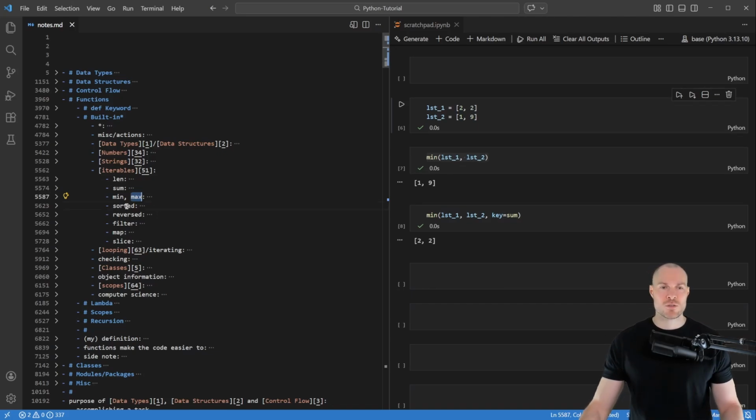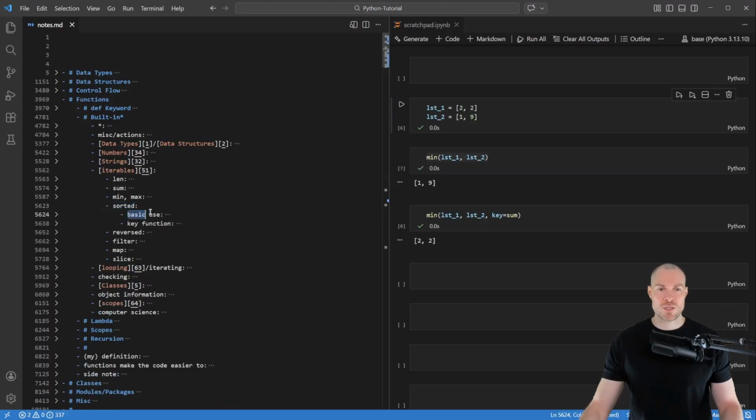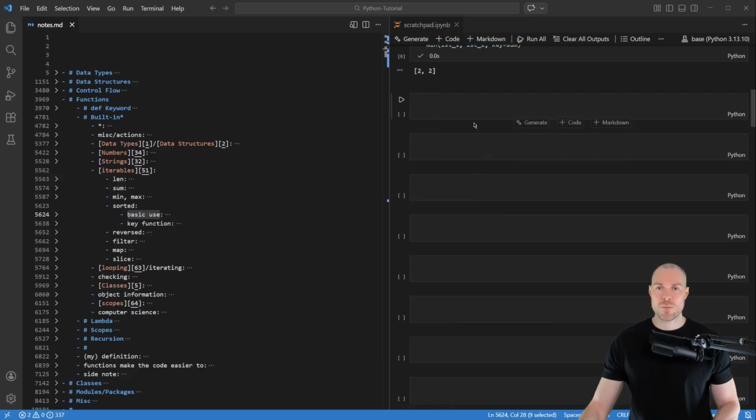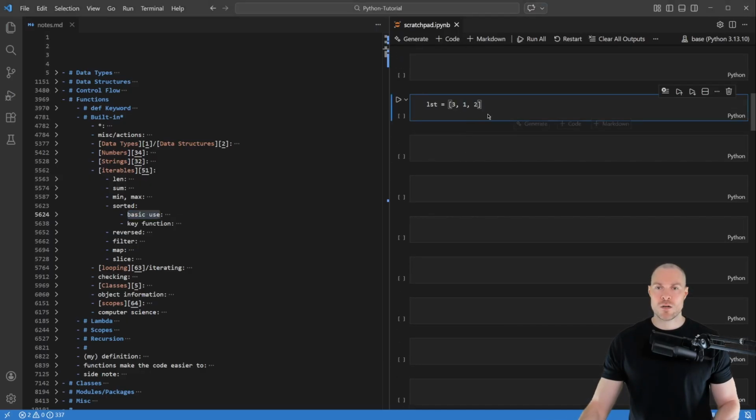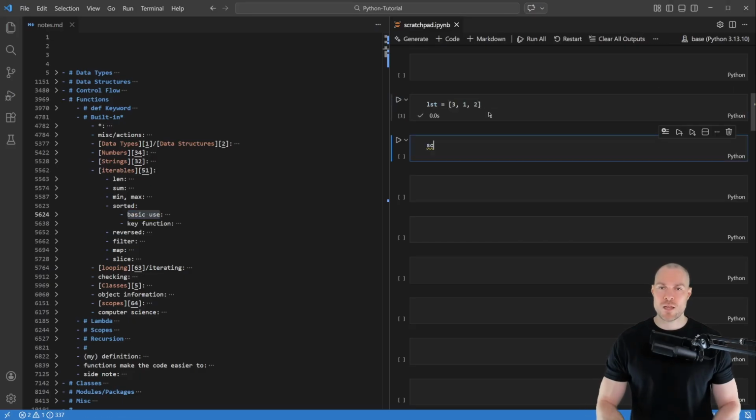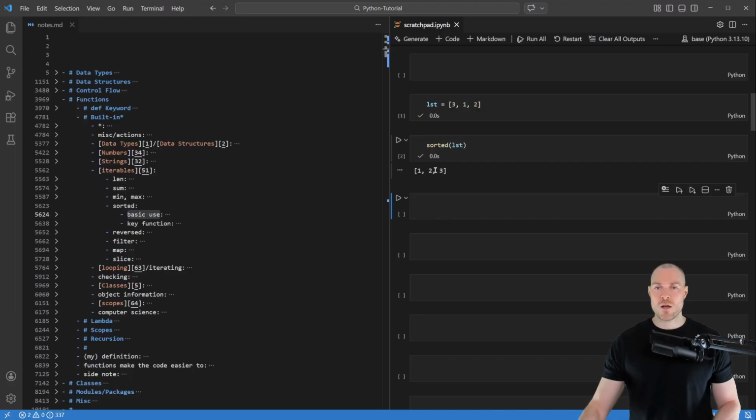Then the next function is called sorted, and with that you can sort a given iterable. And here I also want to first cover the basic use of that. So therefore I've prepared here this list. So let me copy and paste that. So here we have the numbers 3, 1, 2. And now if I say here sorted and then list, then we get here our list sorted, and we have